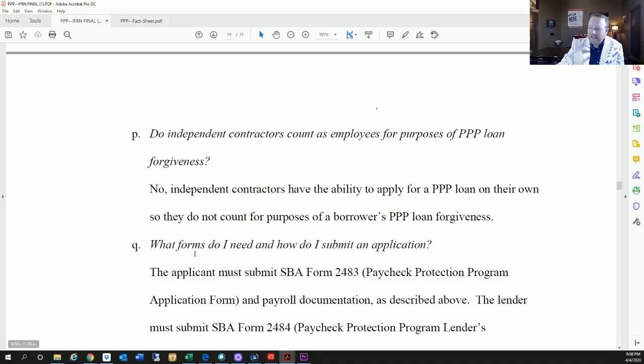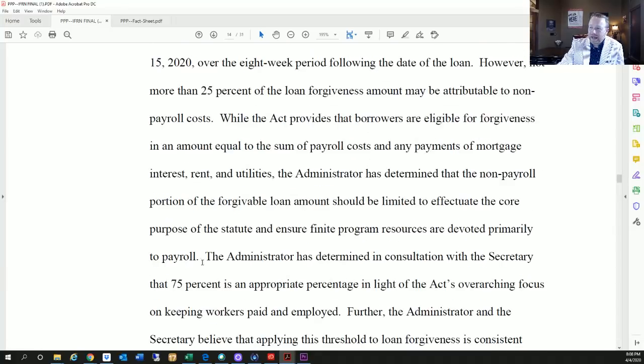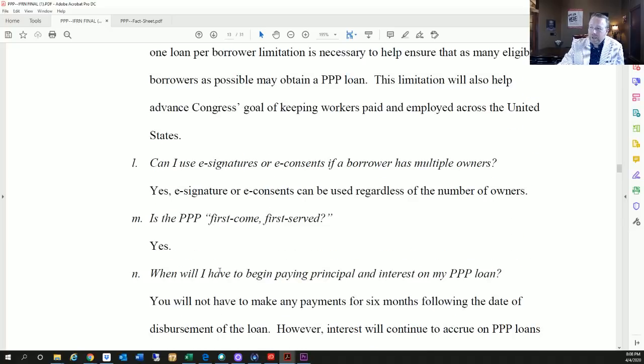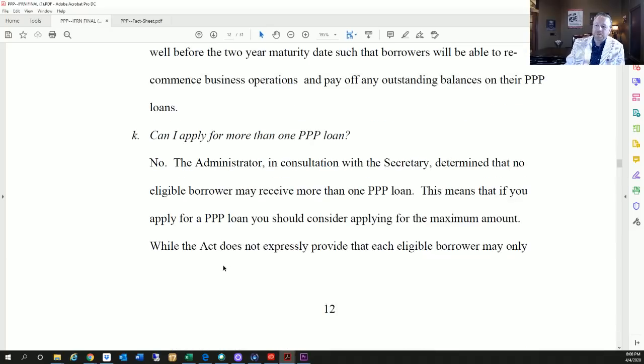So at the end of the day, I feel like, because I've applied for a PPP loan, that if I spend it properly within the 8 weeks, then I'll be in a circumstance where it'll be forgiven. And I think that there'll be more information that comes out on that. Now, I can't guarantee it, but there's no way in these circumstances, and with Triple P and with the CARES Act and with all the time and effort going into this and the purpose of it, would they say to somebody,